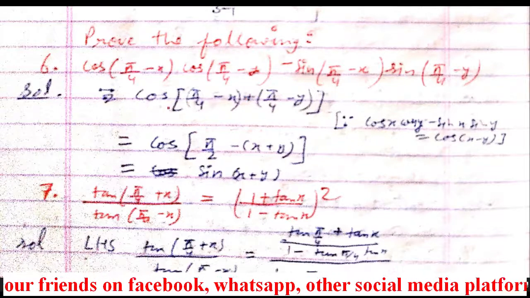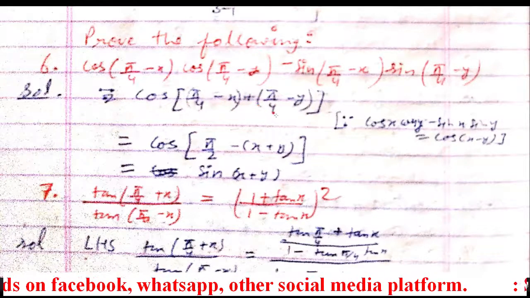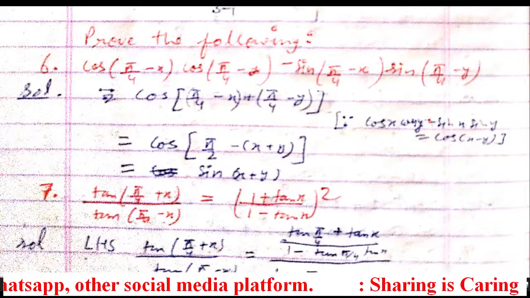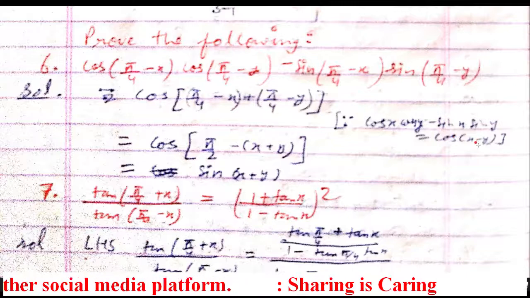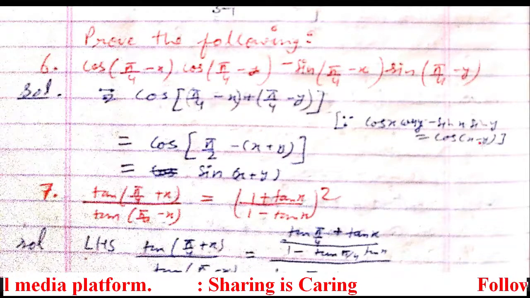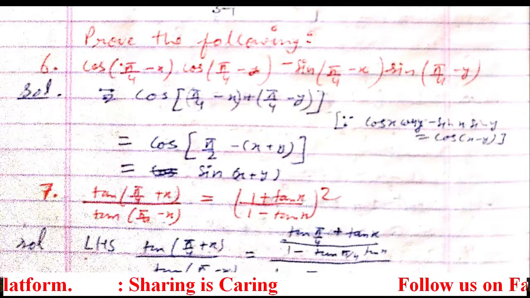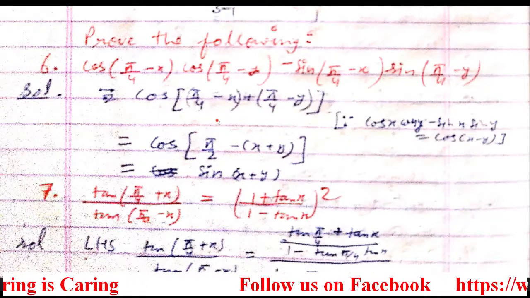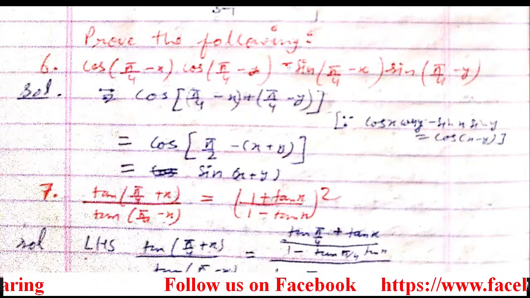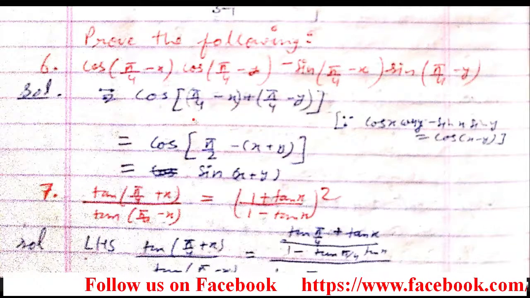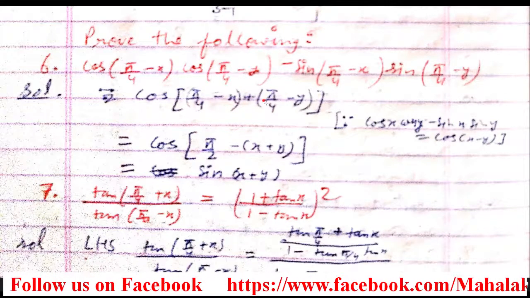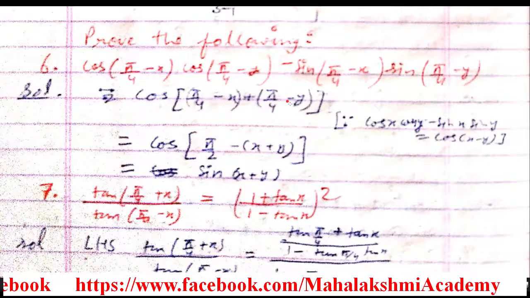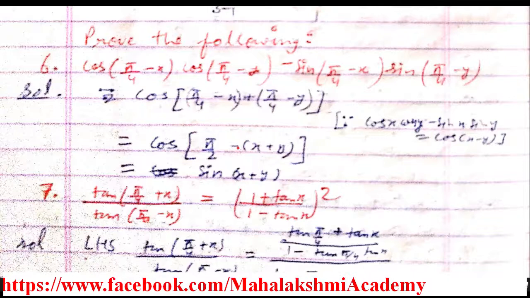So cos(x plus y), because the formula is cos x cos y minus sin x sin y. Here a minus sign, so students, here a plus sign will come. It's wrong here. Do plus here. So cos(x plus y). So this complete angle is our x and this complete angle is our y. The plus sign came because in the middle there is a minus sign. Then open the brackets. So pi by 4 and pi by 4 will get added. It's going to be pi by 2. Here also minus x, here also minus y. Both have minus signs, so the minus will come out.